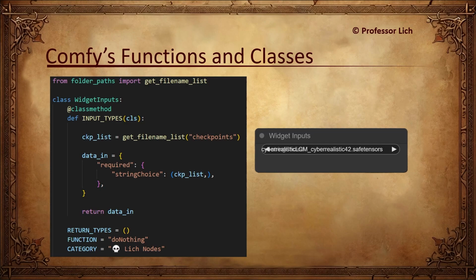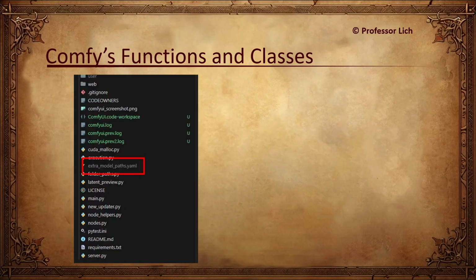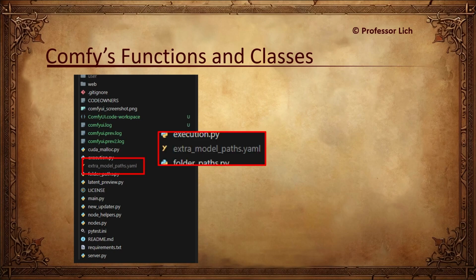As you can see, using built-in functions has many advantages. First, it saves you time. Nodes are less likely to break with updates. And also, what if I told you that none of my checkpoints are actually within ComfyUI folder. So this cyber-realistic LCM checkpoint you see there is actually not in that folder. Remember this file? If you recall, this is where you specify additional directories where to look for models, right? See, this is yet another advantage of using Comfy's built-in functions for common tasks. These functions will account for things that perhaps you would have forgotten if you were writing it from scratch.